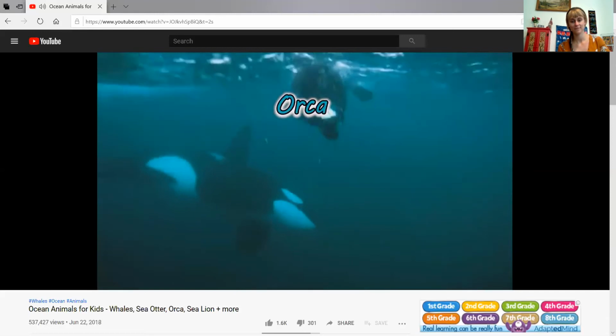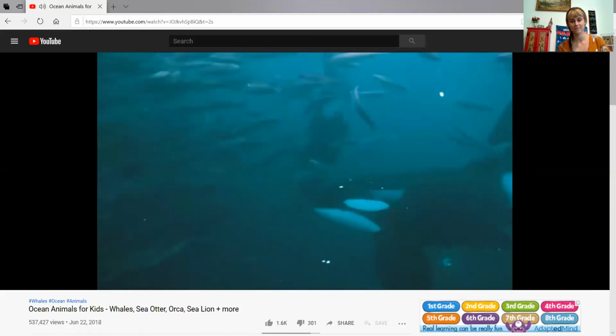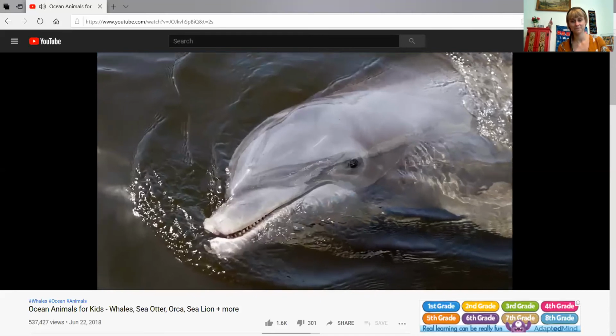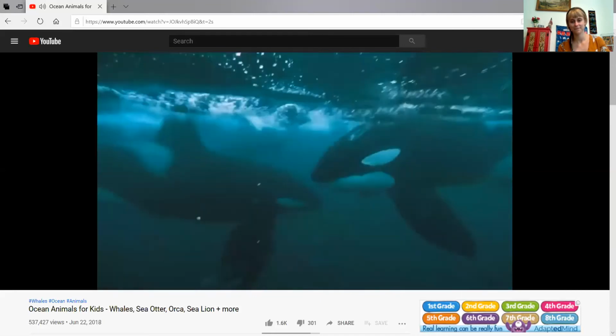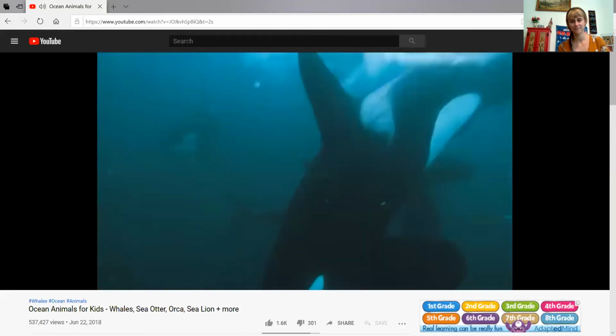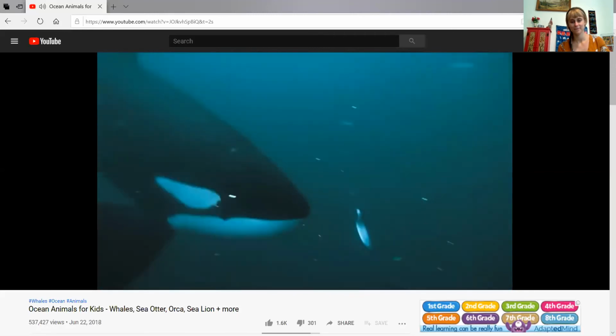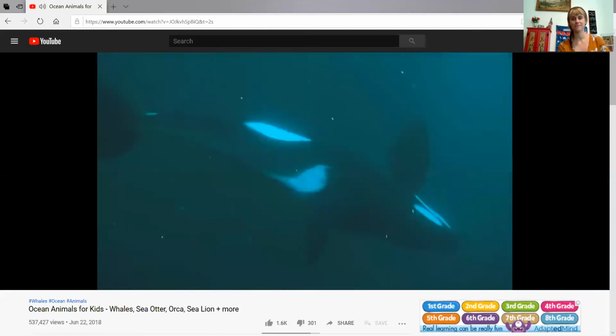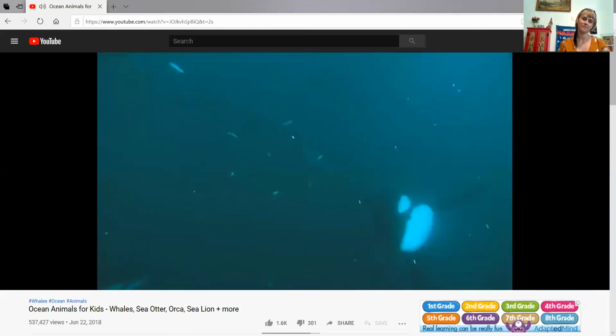Orcas are sometimes called killer whales. They're actually dolphins, the world's largest dolphin. These mammals are huge, about 8 meters long and weighing about 11 tons. They get their nickname because they are very successful hunters. Orcas will eat almost anything: seals, sharks, whales.